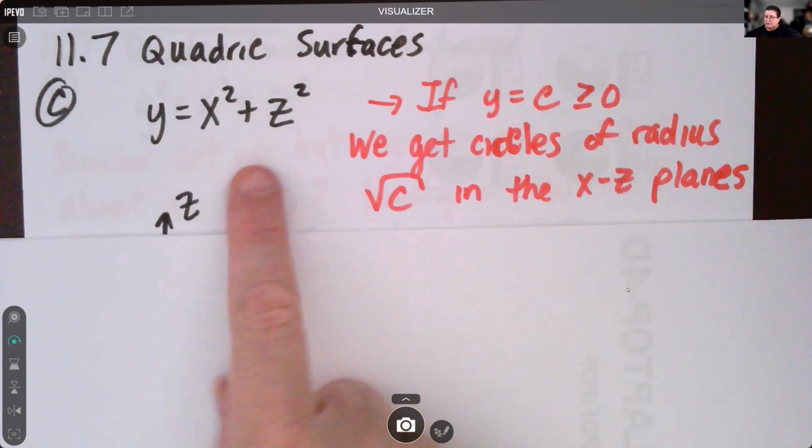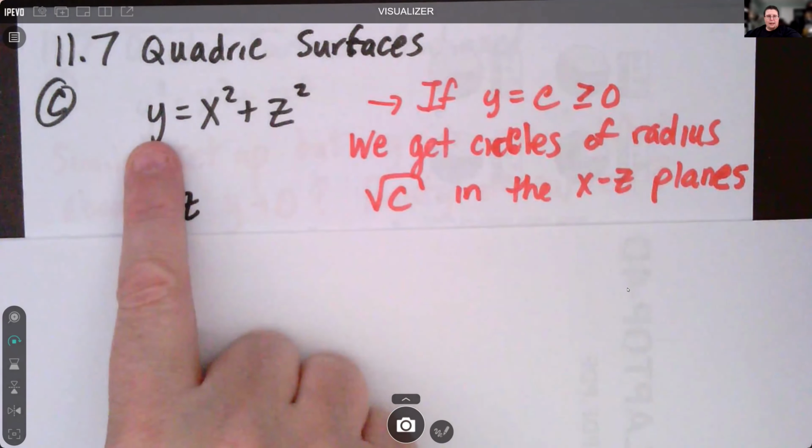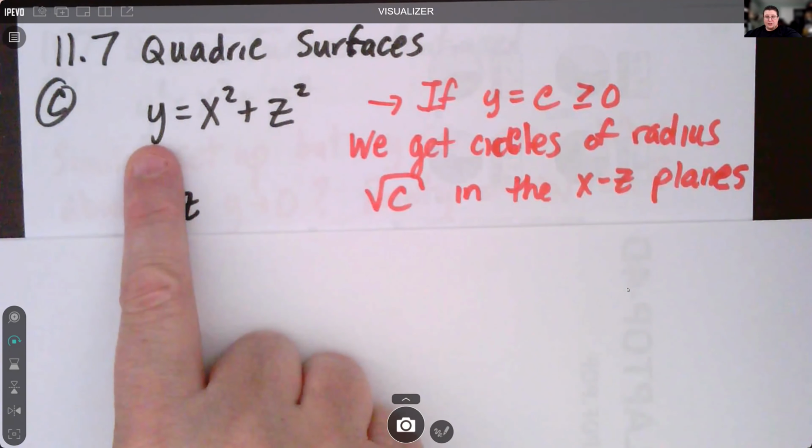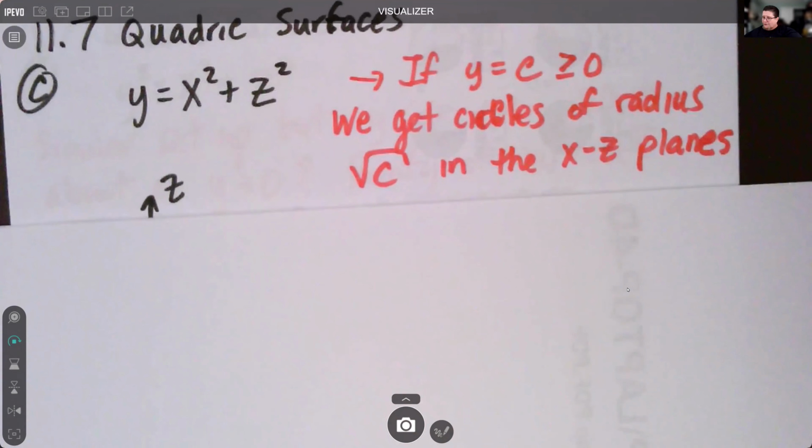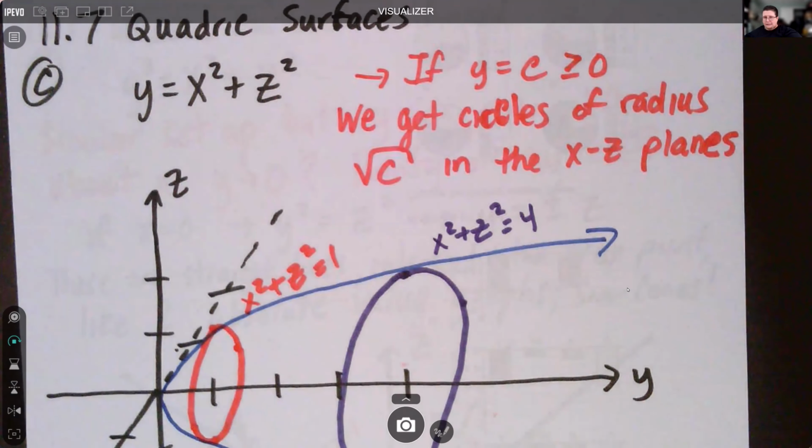We get circles. If we say y equals 1, we get x squared plus z squared equals 1. That's like the unit circle, but in the xz plane, which goes into the paper. If we say y equals 4, we get x squared plus z squared equals 4, which is a circle of radius 2 going into the paper. So if I go to graph that,